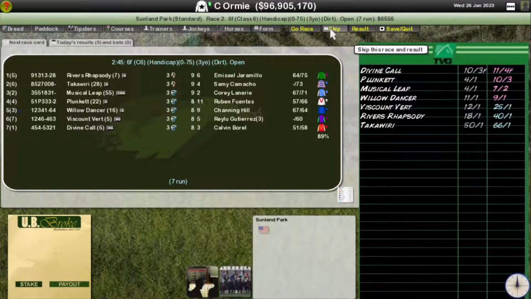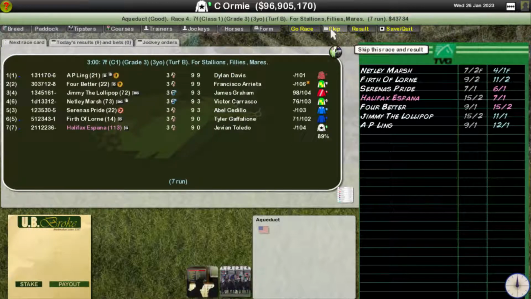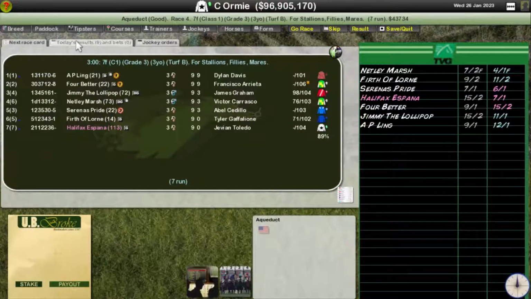On to the next one then. 7 furlongs here. We got a grade 3, just a normal grade 3 for Halifax, Hispania. Again, they throw grade 1s in because there's no grade 1 race at 7 furlongs. I hate that. They shouldn't do that. If you won grade 1s, why would you want your horse to run and win grade 3s? It just doesn't really make sense to me. I mean, so be it, but...